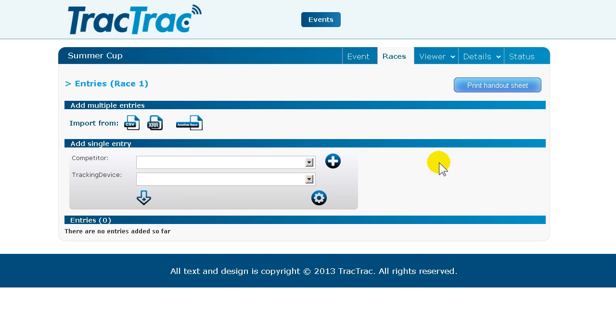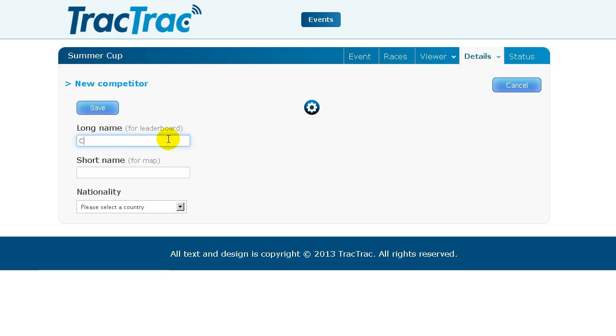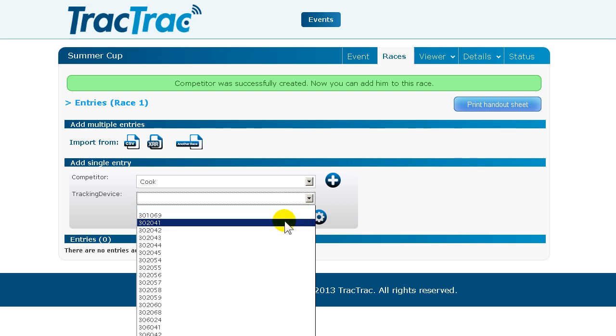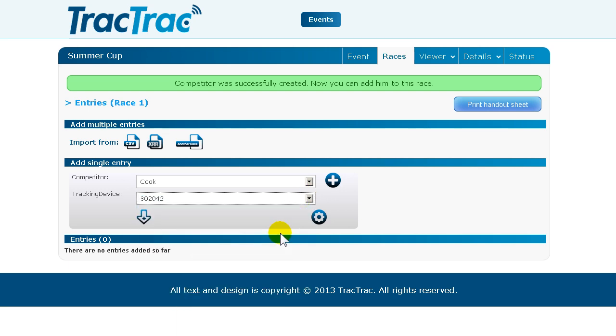I want to create a single entry, and I click the Create Competitor icon. I then type in the long name that will appear in the leaderboard and the short name that will appear on the label next to the icon on the map. I choose the nationality and press Save. I can then associate my competitor to a tracking device number and press the Add Entry to add it to